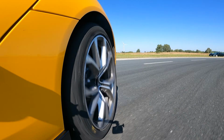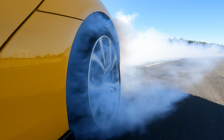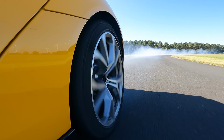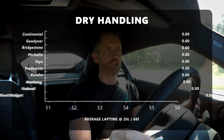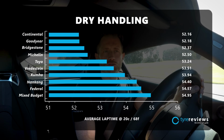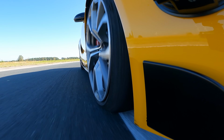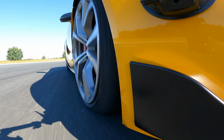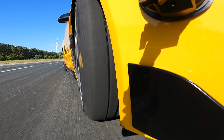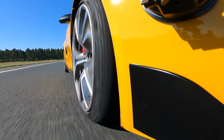And in joint first, both proving and ruining my theory that a tyre that works well in the wet can't work well in the dry, is the Continental SportContact 7 and the Goodyear Eagle F1 Super Sport. Now, the Continental was actually technically the faster of the two, but as it was 0.02 of a second, percentage-wise, they're exactly the same. The Continental didn't have the sportiest steering of the top 4. It was better than the Michelin, that's for sure. Wasn't as good as the Bridgestone. It was around the same as the Goodyear, maybe a little bit behind in terms of steering response and speed,